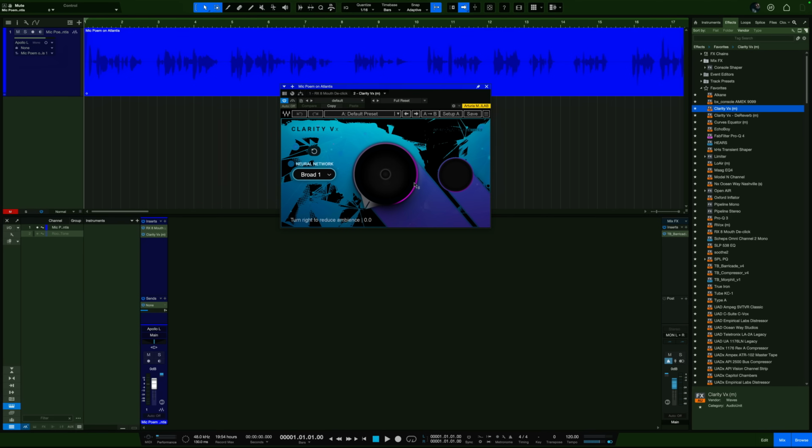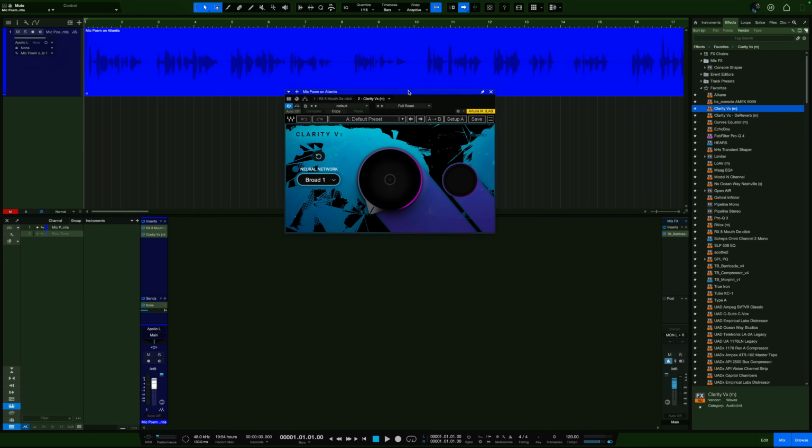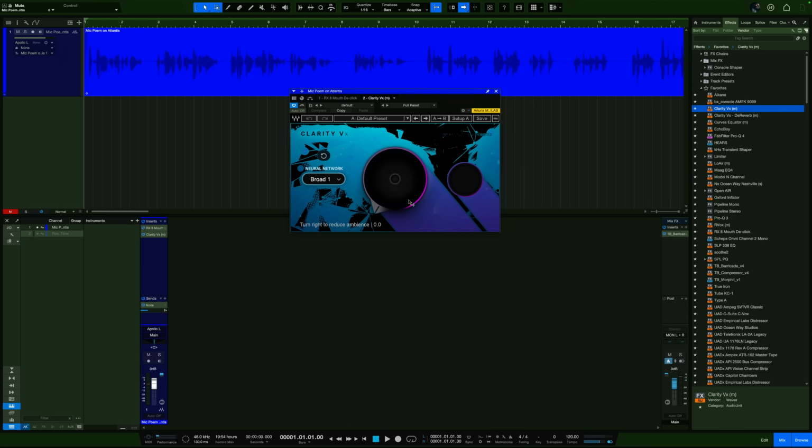Anyway, lately I've been using Waves Clarity VX for noise reduction. It's always on sale for under $49. I'll dial that anywhere from 10% to 35 or more, whatever it needs, and it usually does the trick without creating artifacts. As soon as it does, dial it back a bit until it's acceptable. I'd rather a little bit of noise coming through than to hear it kicking on and off and weird artifacty